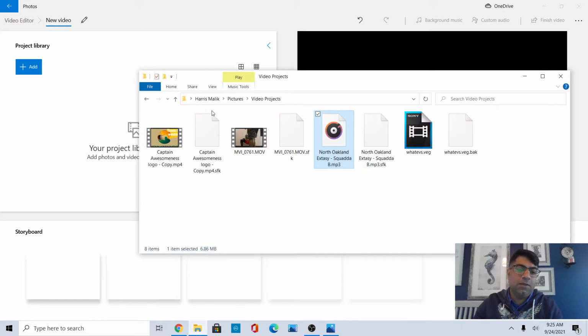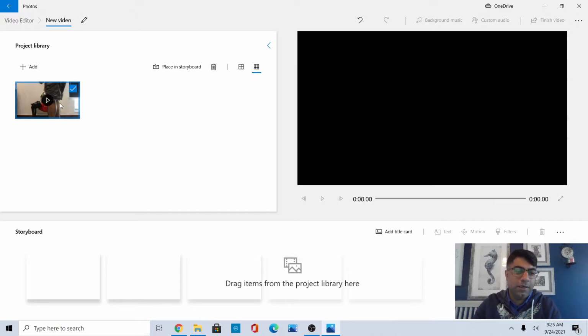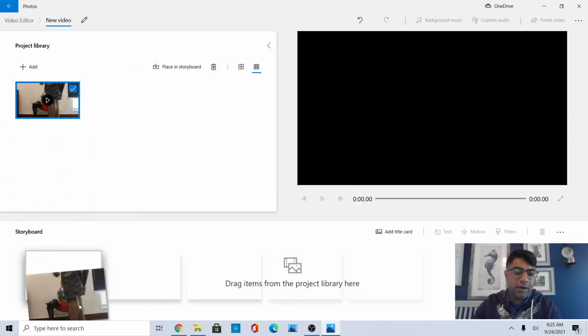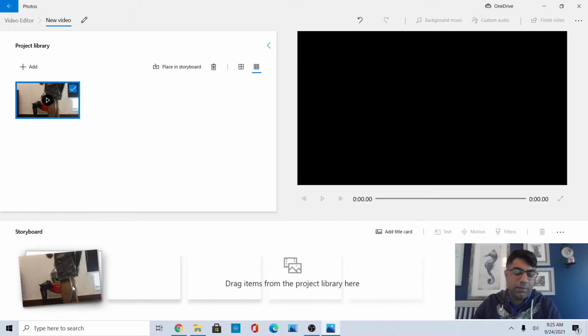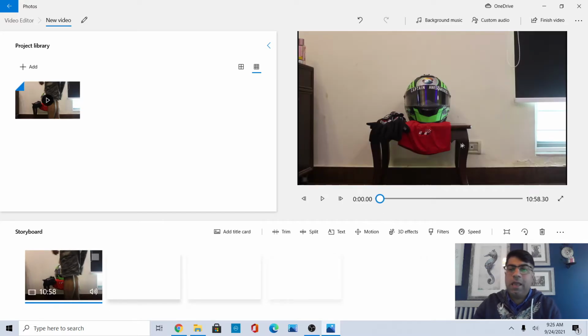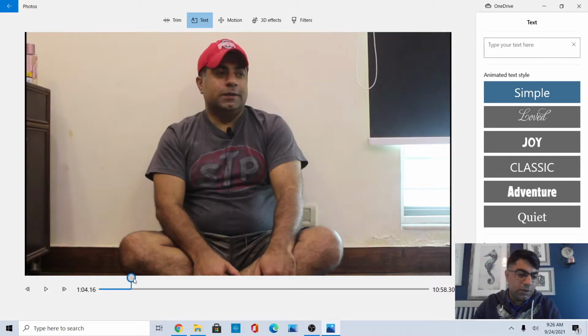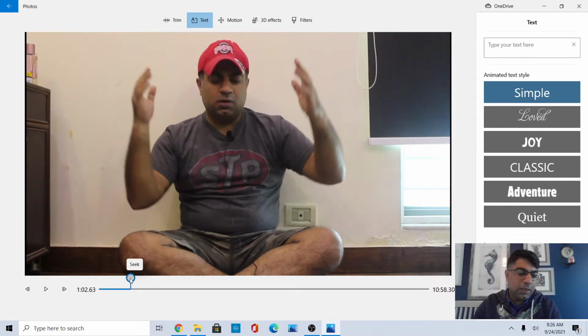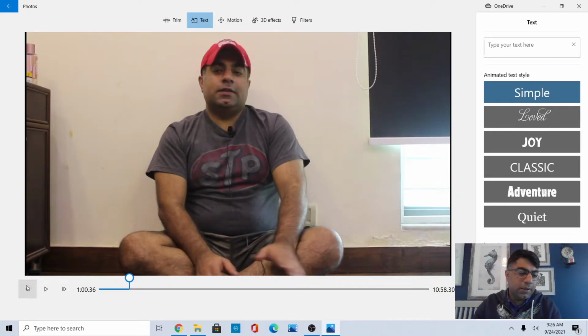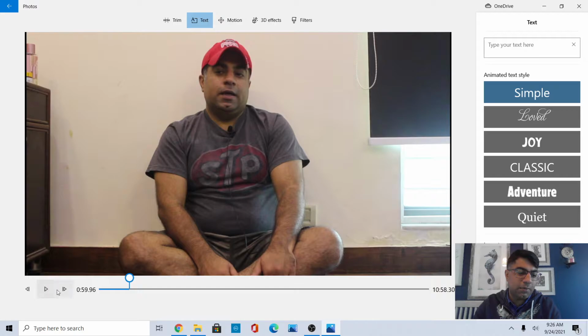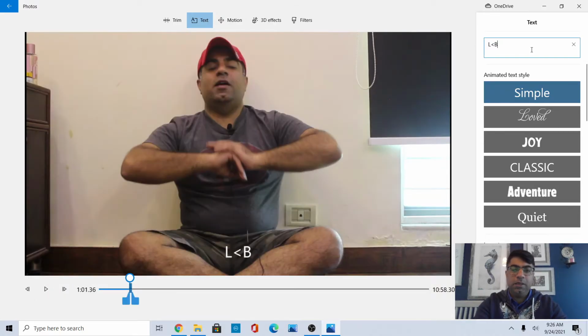And just like in Vegas, I will take that file and put it in this little project library here. And once it's there, then you can drag it into these little tiles at the bottom. I'll put it right here and I'll add my text. Say I want to add it at the 1 minute mark, right? So I'll take it all the way to 1 minute, as close as I can to it accurately. There we go. And then you can use this little tool here to really go into the 1 second mark. And then here I'll just say